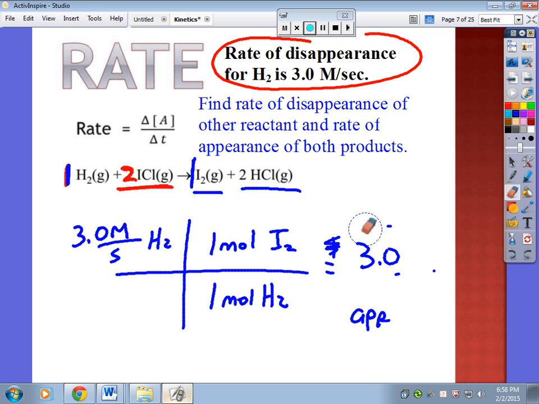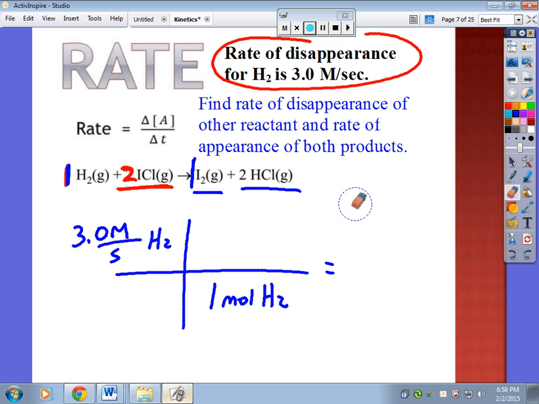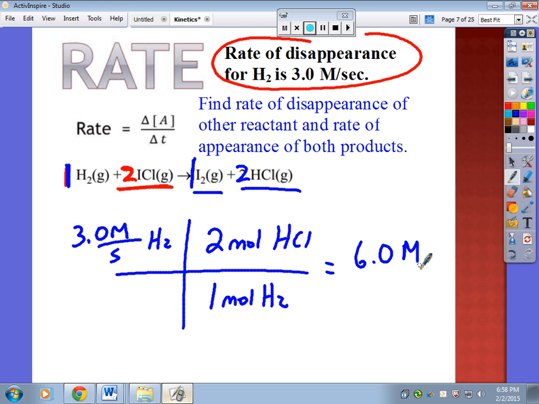Okay, now if we go ahead and just use this same format and fill in the values for HCl, I'm going to put 2 moles of HCl up here. Because for every 1 mole of hydrogen that goes away, 2 moles of HCl are produced. And so hydrochloric acid appears at a rate of 6.0 molarity per second, it's appearing, or it's positive, for HCl. Okay, so that's one time you look at the